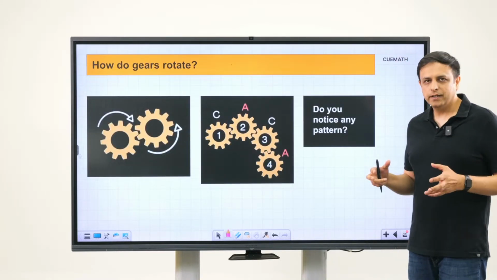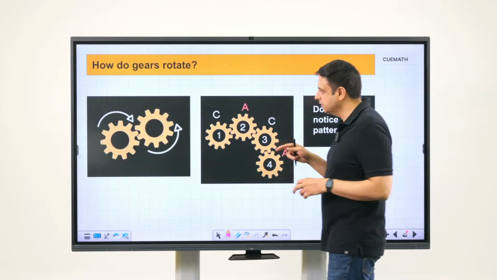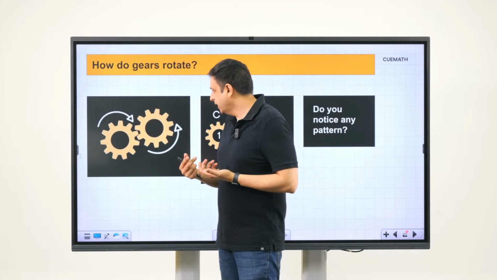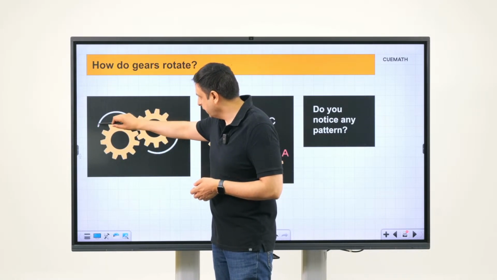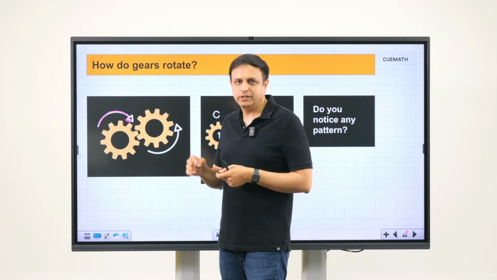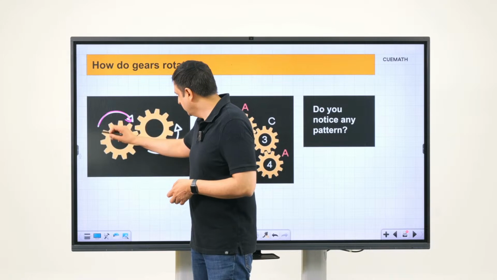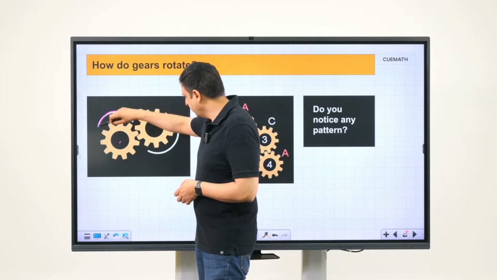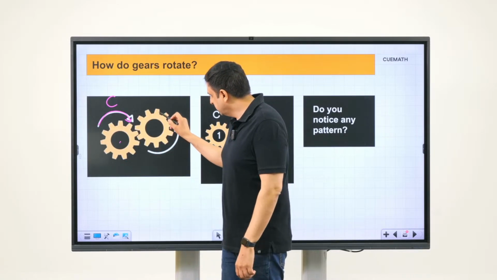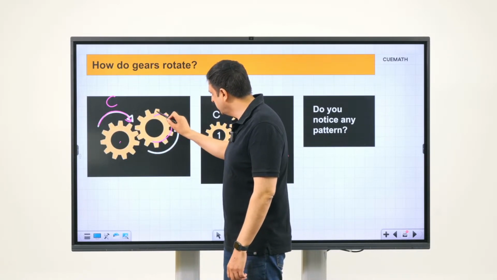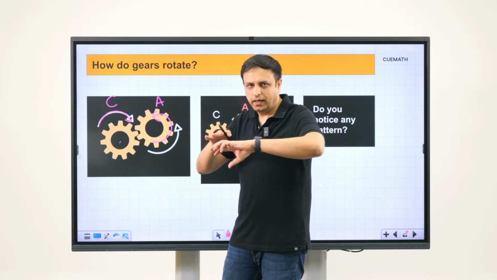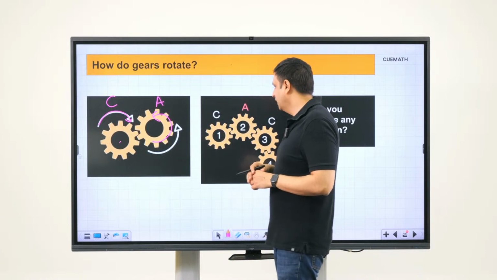So how do gears rotate? Let's think about this carefully. Imagine two gears that are interlocked with each other and they are both rotating. The key idea here is very simple. If one gear is rotating in a certain direction, the other gear must rotate in the opposite direction. In this case, for example, this first gear here is rotating in this direction, which is clockwise. I'm using C to represent clockwise. Then this other gear must rotate in the opposite direction, which is anti-clockwise. So if one gear rotates clockwise, the adjacent gear must rotate anti-clockwise.